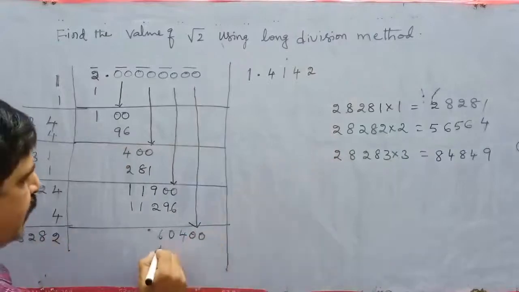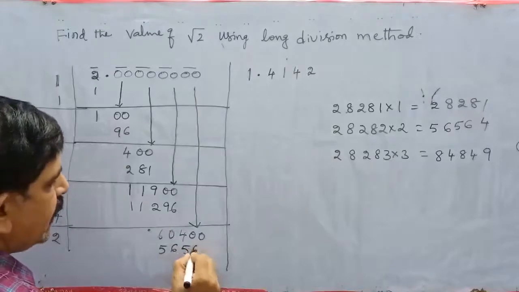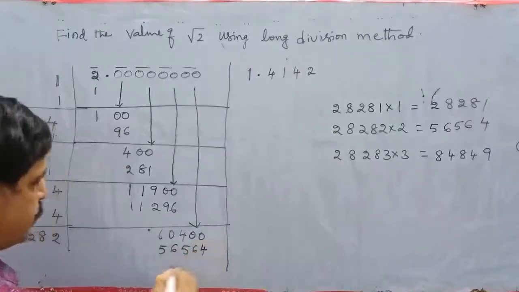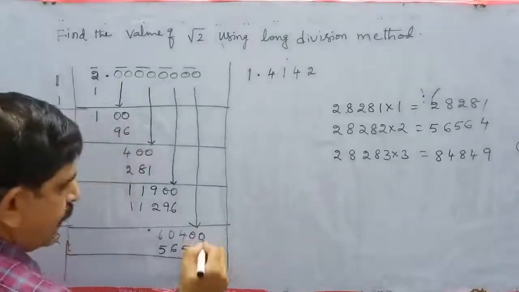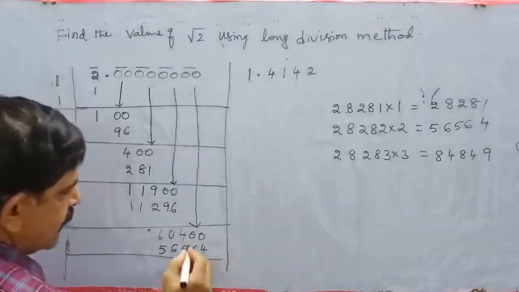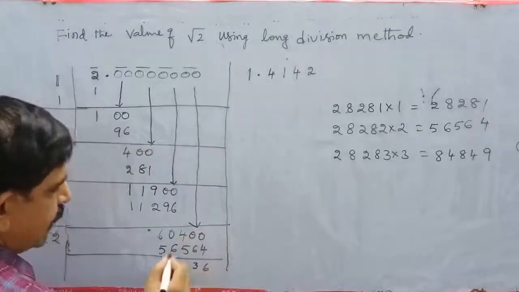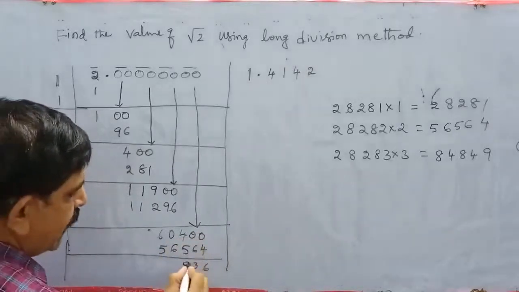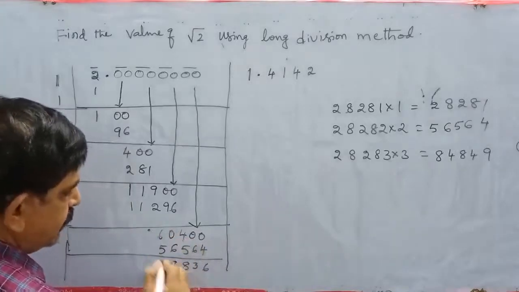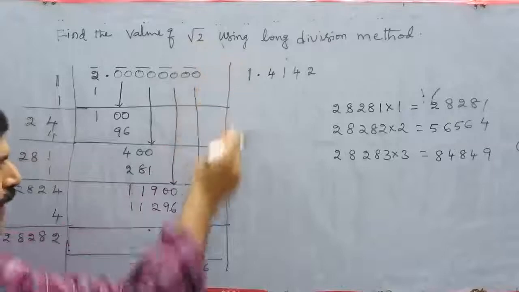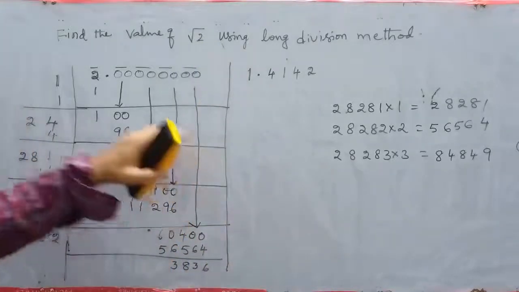Next, 56,564. 10 minus 4, 6. Next 9 minus 6, 3. 13 minus 5, 8. 9 minus 6, 3. Okay, so alternatively next you have to take 2 zeros and see the number of times. Here